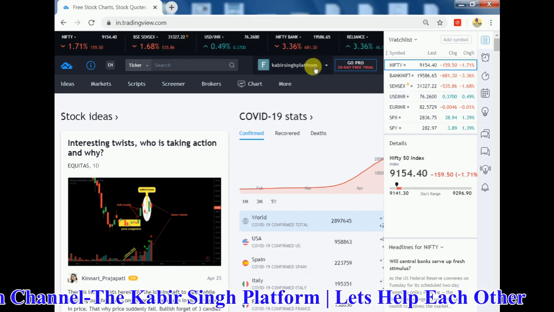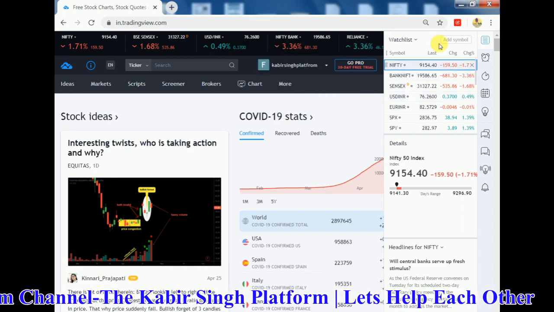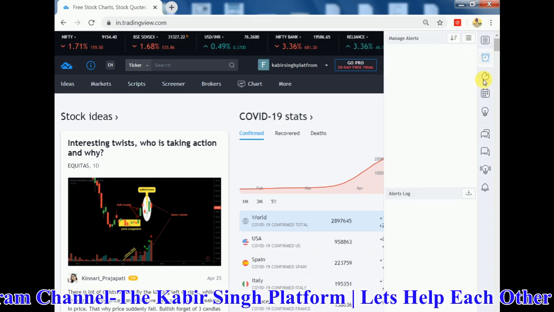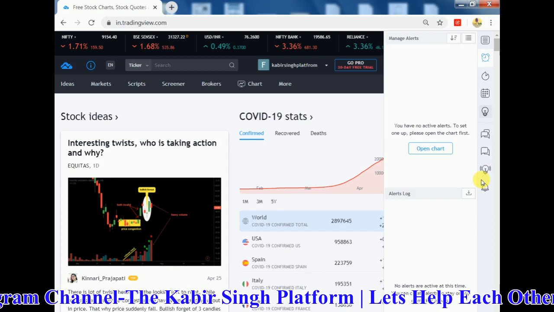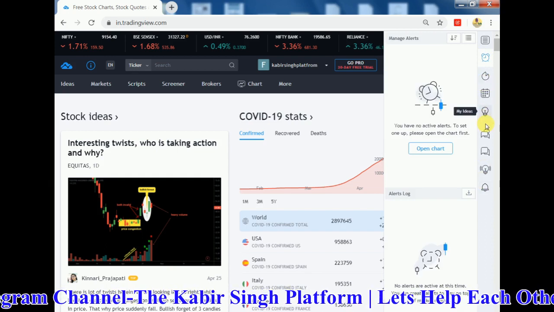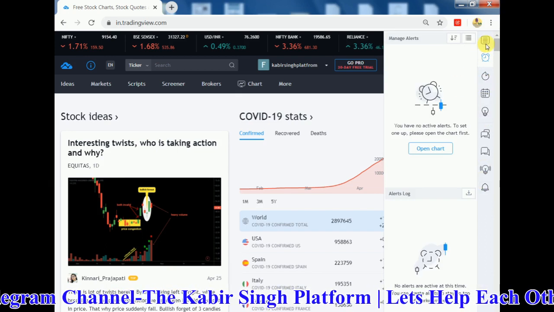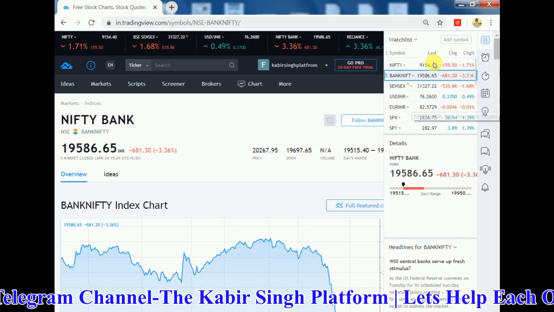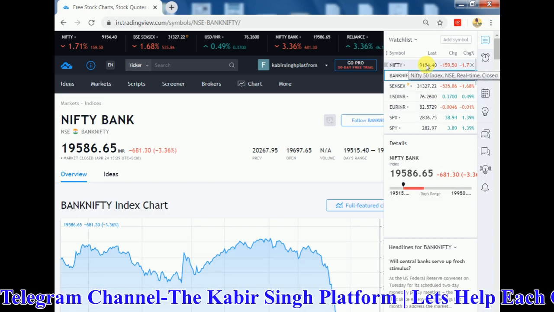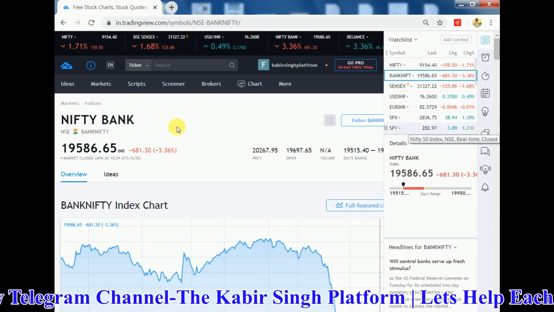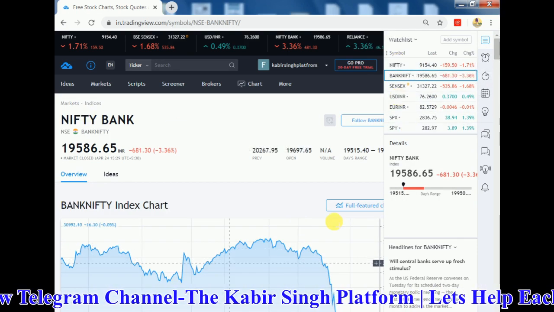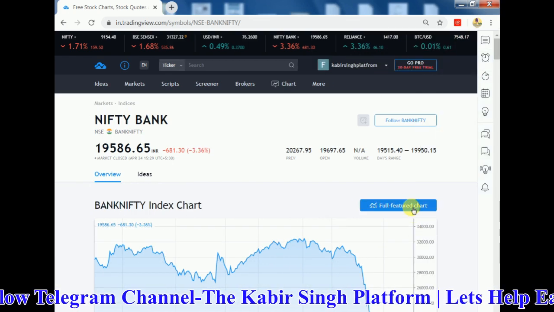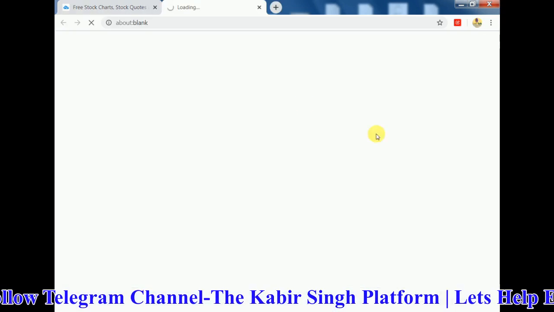Once we have logged in, we will get our username flashing here, and on the right we have our watch list. This is the alert option which we get in TradingView platform, which I will be telling about in the later part, and these are a few other features which you can use while using TradingView platform. So let's move directly to the charts. We'll be taking the example of Nifty here. Once you click on any of the stocks which will be flashed in your default watch list, this screen will open up on your system, and then you have to click on this option, which is full featured chart, where a technical chart will open, and let us now click on this.